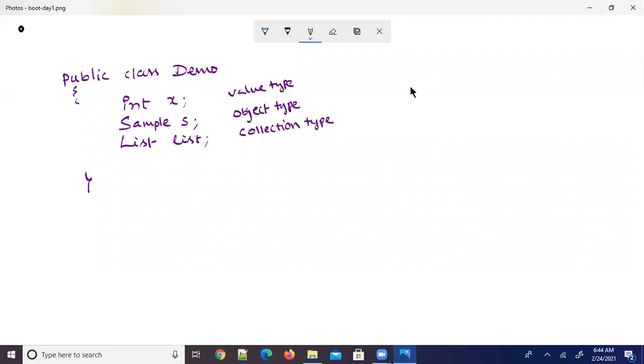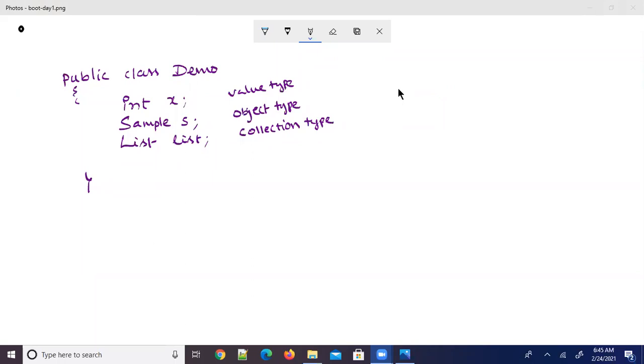Setter injection, constructor injection, lookup method injection, interface injection, they are all dependency injection types. But my question is, I'm talking about dependencies. Can you suggest any other type of dependencies that can be there in a bean? Every variable you create within a class is called a dependency only.